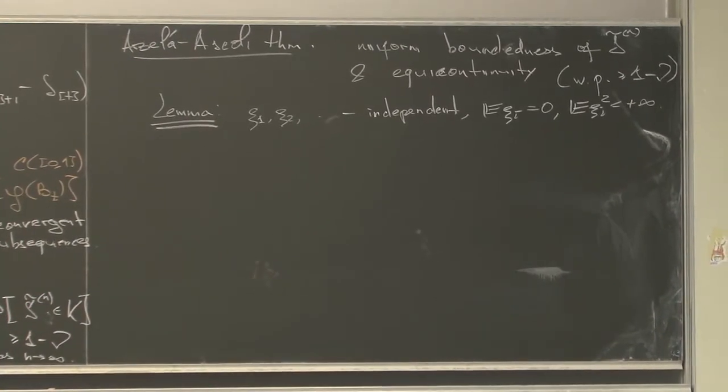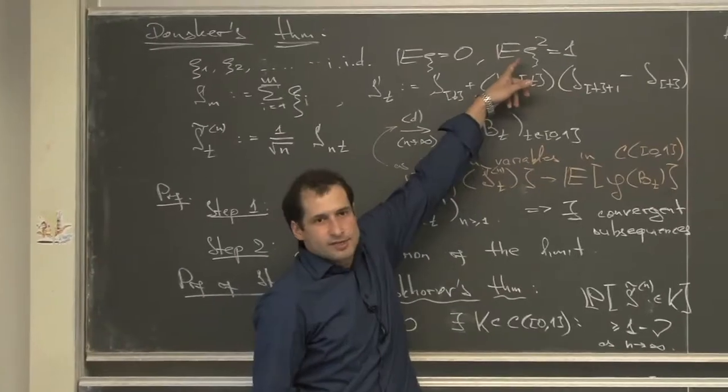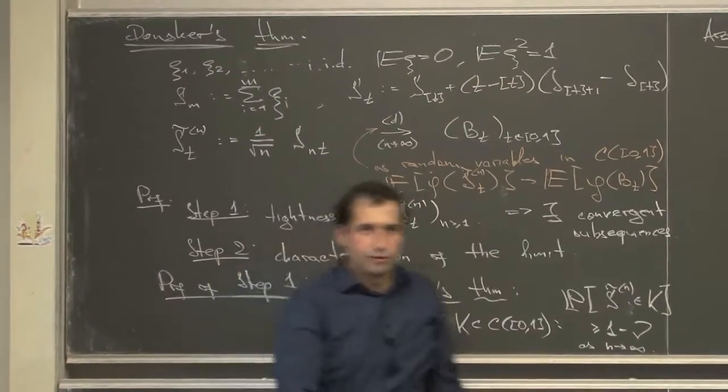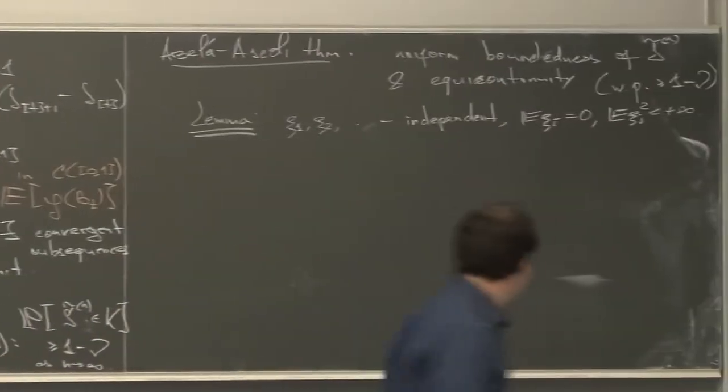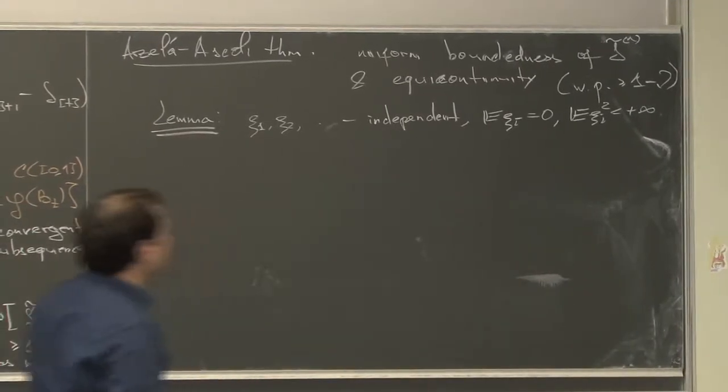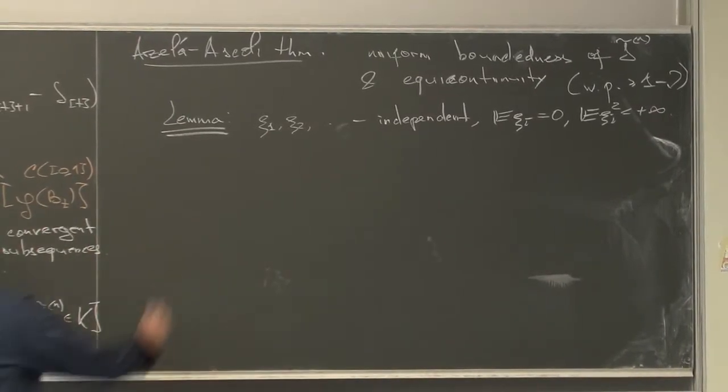Somehow the proof could be done easily if I assume that there is a 2 plus epsilon moment, but I'm just going to do it in fair generality. So imagine that we have a sequence of such variables. Then